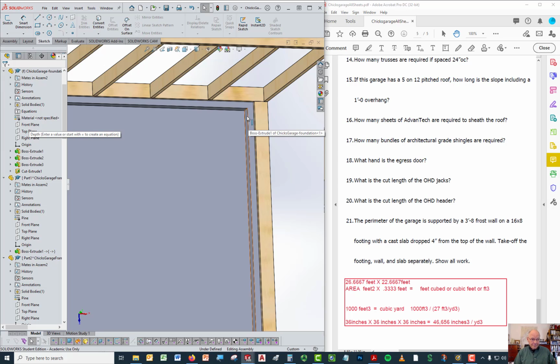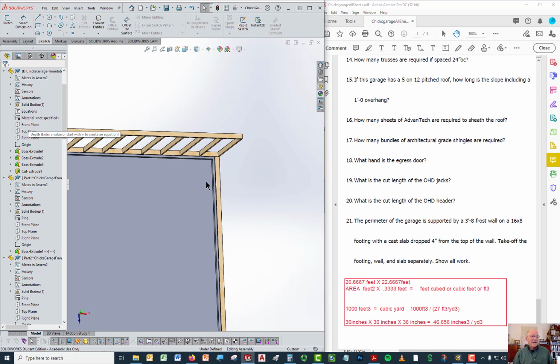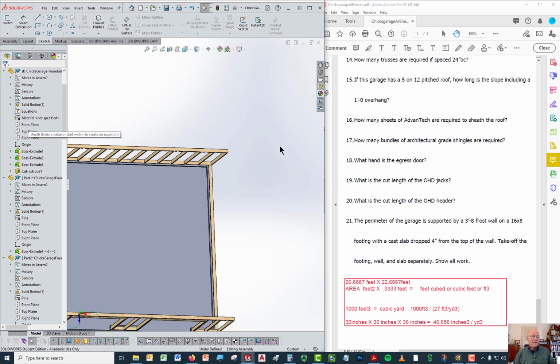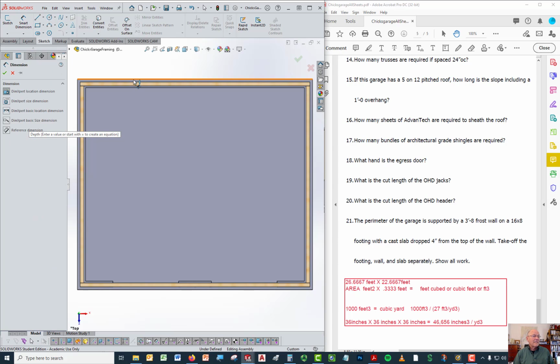So I'm going to calculate it. You see, the wall itself is thicker than the wall of the building. So if the outside of the concrete wall is 28 feet by 26 feet, and you know it is because it tells you that in the plans, that means the inside of the concrete wall, which is the part where the floor is, must be the 8-inch wall on this side and the 8-inch wall on this side subtracted from the overall distance. So if the overall distance,